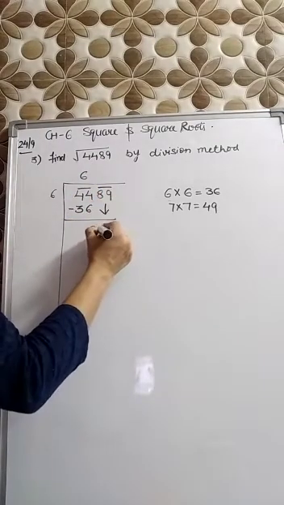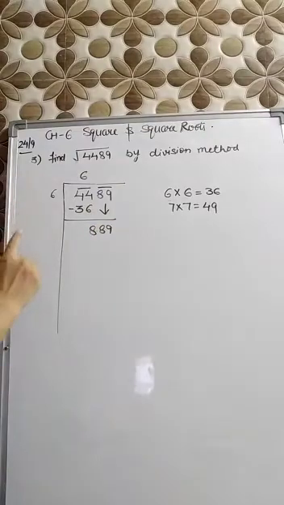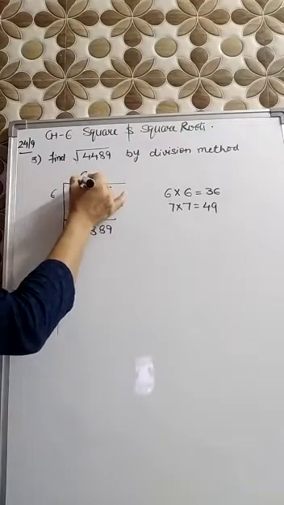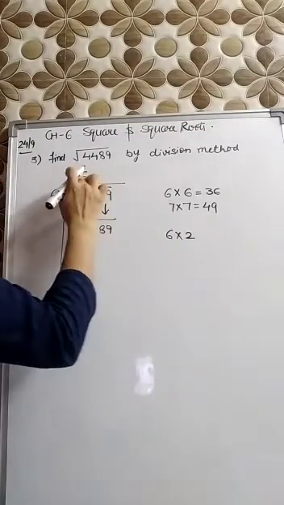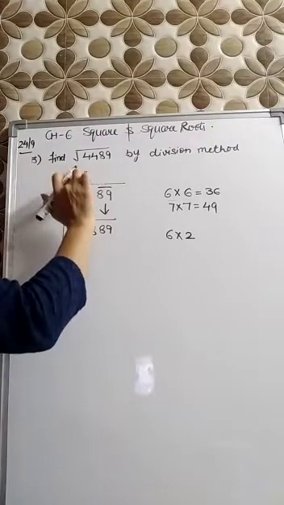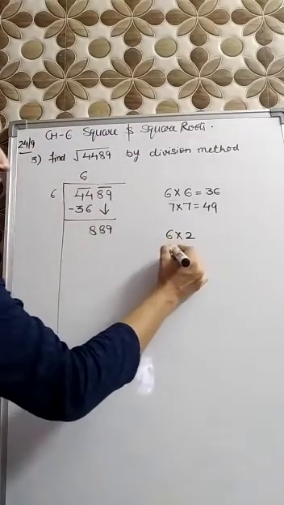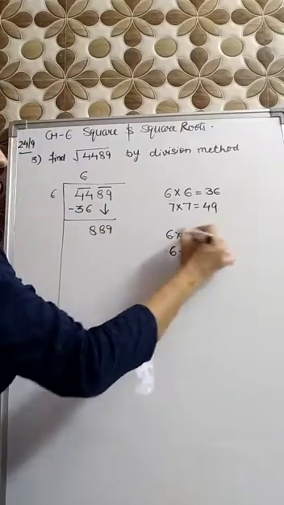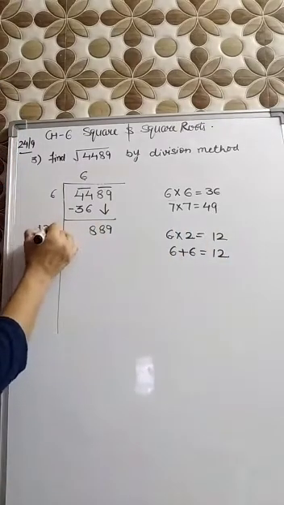Now take the next pair down. In simple division, you will always take one digit down, but in the long division method, you will always take a complete pair down. Okay, so let's start with the next. Now you will make the double of this. Now you will multiply 6 with 2. Double means you add 6 to 6 or multiply by 2. Either you can take 6 plus 6 is 12 or 6 2s are 12. So I will write 12 here.